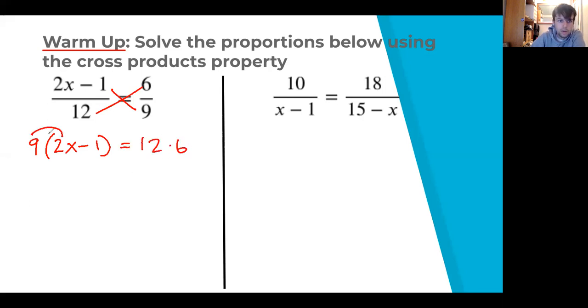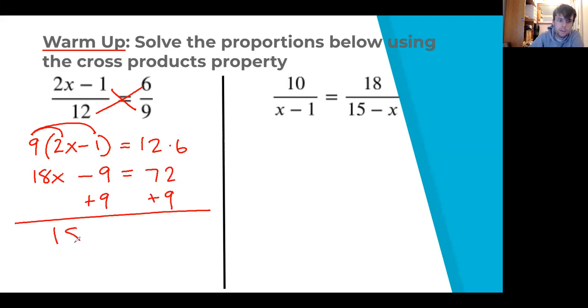Let's go ahead and distribute that one in there. 9 times 2x is going to be 18x, minus 9 times 1 is 9, and 12 times 6 is 72. Once we do that, we have a pretty simple equation left, kind of a two-step equation. So we'll add 9 to both sides, end up with 18x equals 81. Divide by 18, divide by 18, and we are going to get x is equal to, I believe it's 4.5